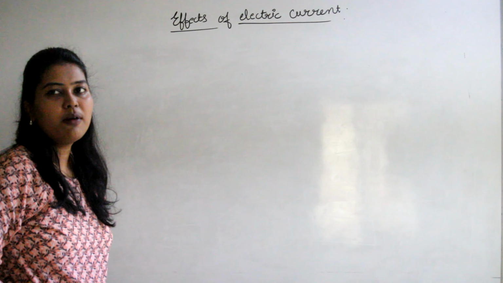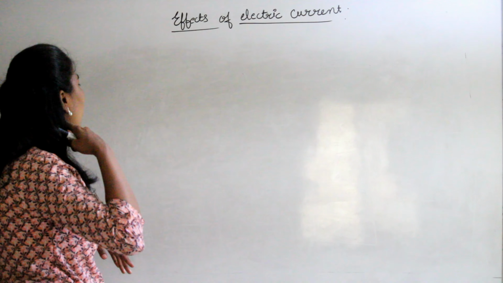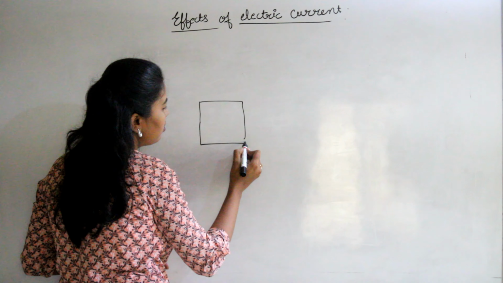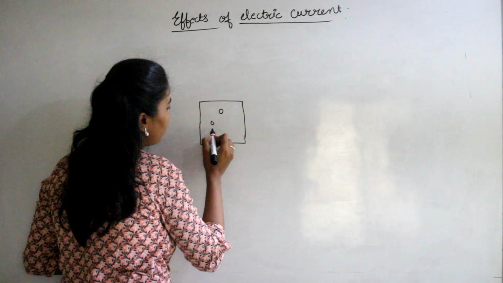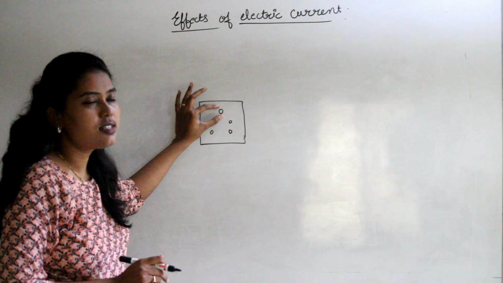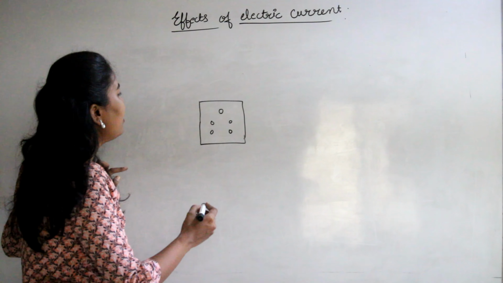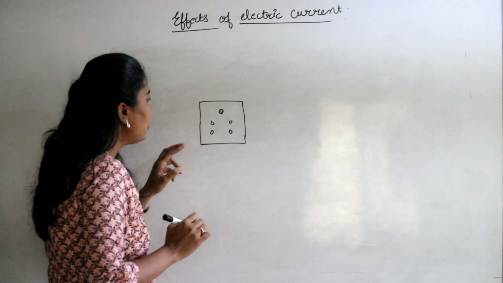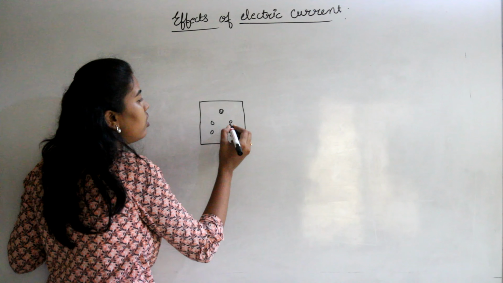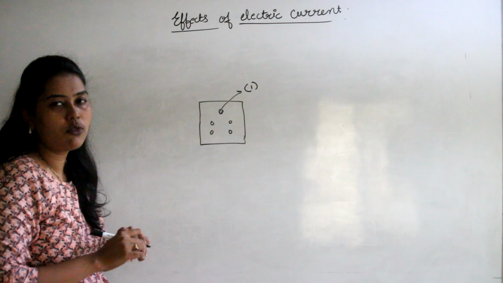So today we are going to learn about how the switches or the sockets work in our house. So how is the socket? The typical picture of the socket is like this. We know that the cross section of this is greater than the cross section of these other things, right? So why is the cross section of this greater, and this one smaller? This is the first question that I'm going to answer.